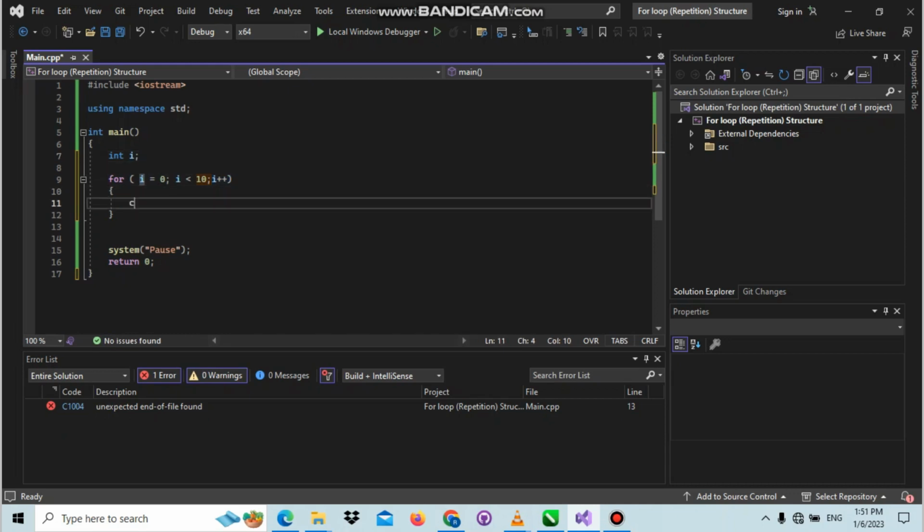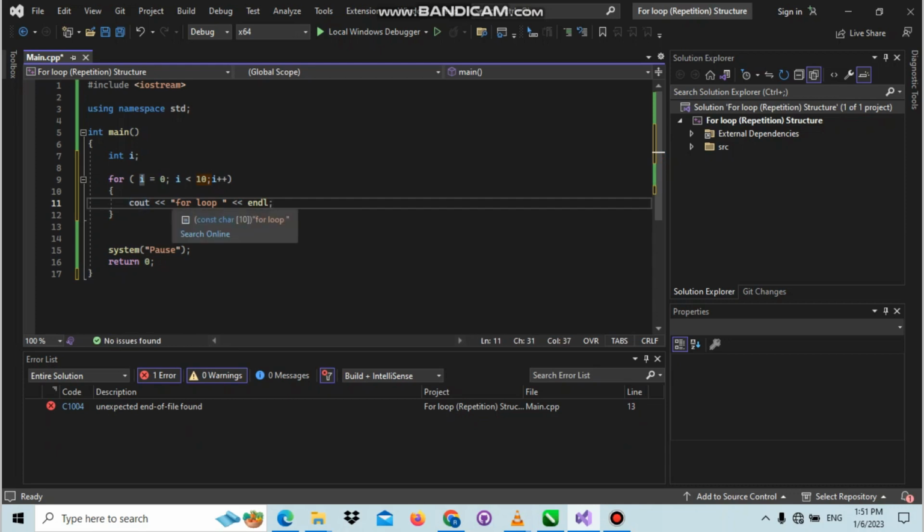Now in the for loop, let's say cout. Okay, so in the body of the for loop, we have this statement, which means